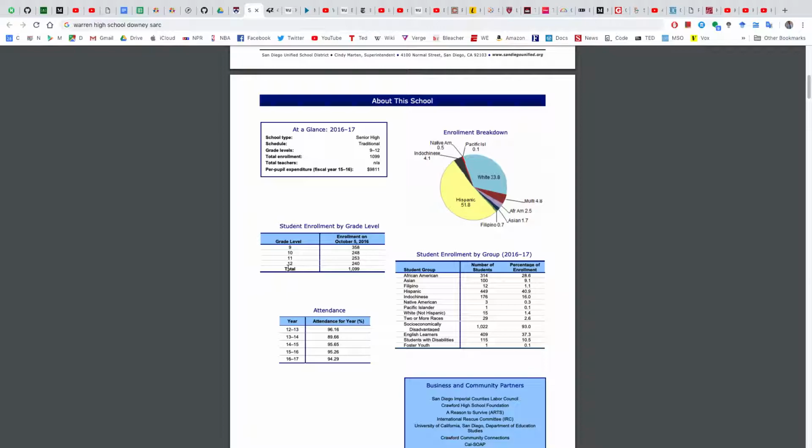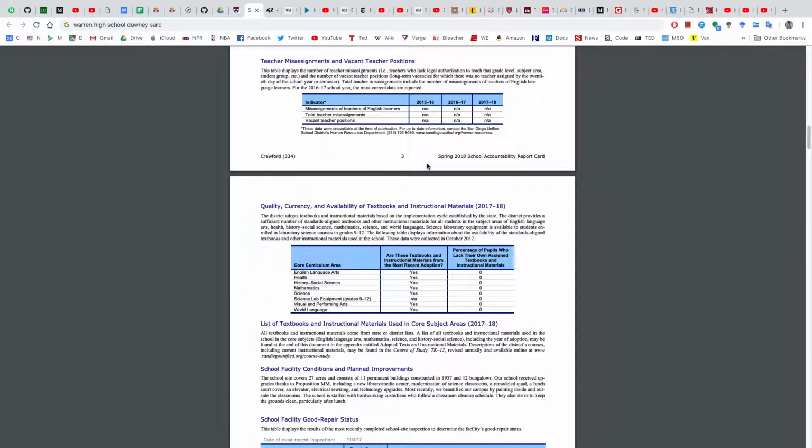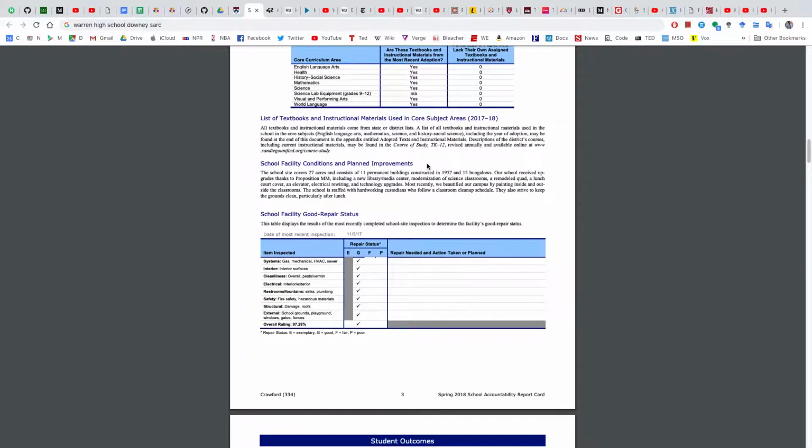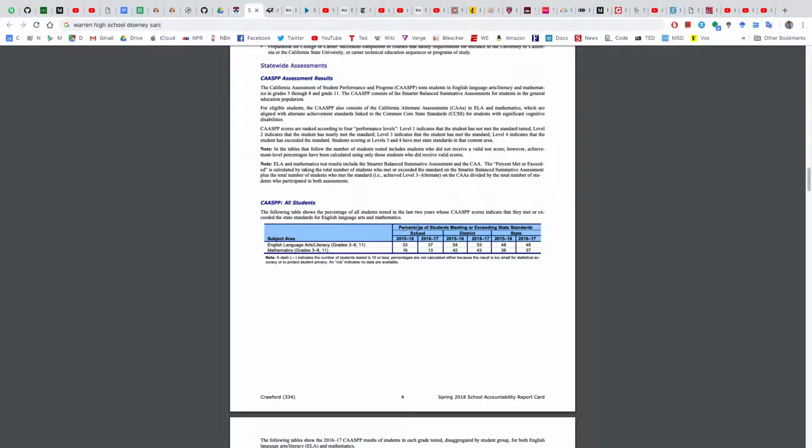You're going to see a lot of information, from student enrollment to attendance rate to the ethnicity distribution, teacher credentials, the standardized exam scores.